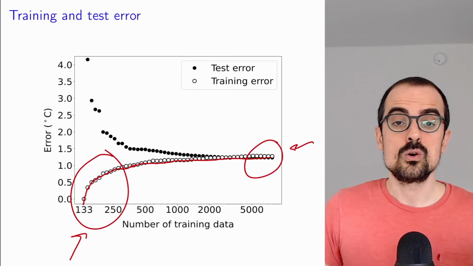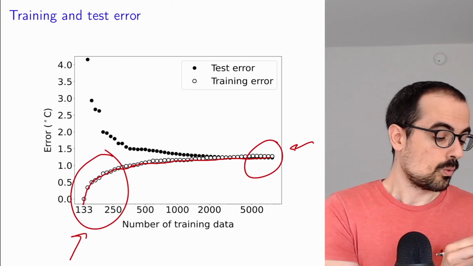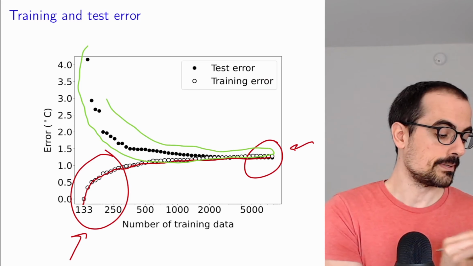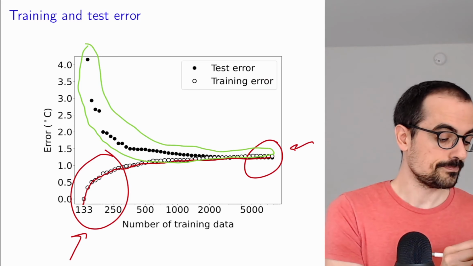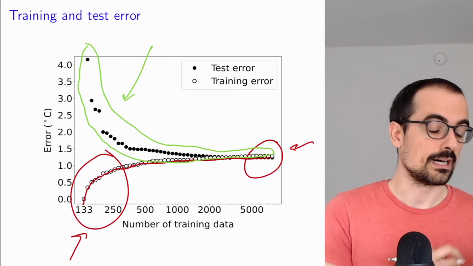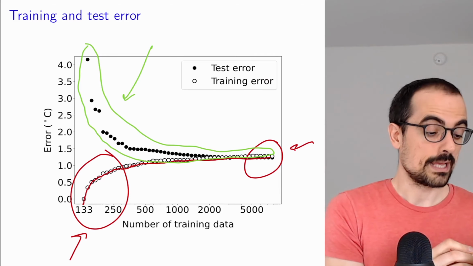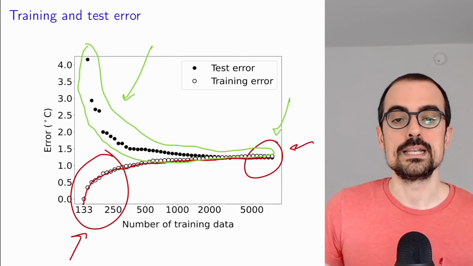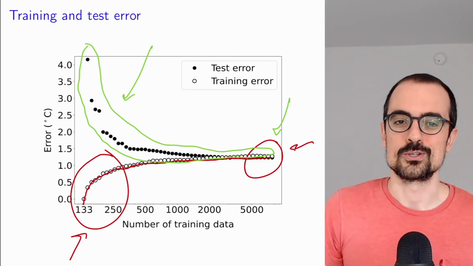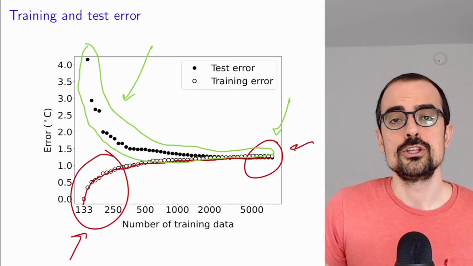In this video, we're going to try to understand a little bit better why the test error has this shape. That's going to be the goal of this video: when we don't have a lot of data, the test error explodes upwards, and when we have a lot of training data, the test error is the same as the training error. That's what we're going to try to understand in this video, and for that we cannot use our